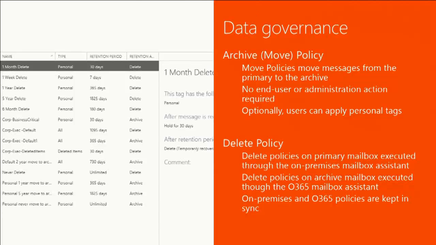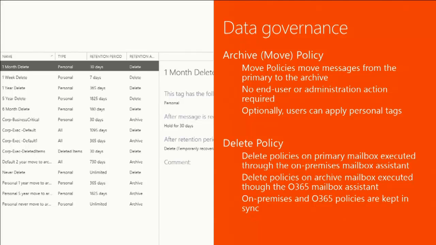Now, data governance, we've already talked about it, but quick overview. There is an archive policy which moves stuff to the archive. You can set a policy for the whole mailbox, and then you can create personal tags for users so that they can go and tag items. It's up to you if you want to do that. Then there is delete policy. Delete policy deletes messages. So you also want to make sure that after 2 years it's moved to archive, but after 7 years I also want to delete the message. So that's done using the